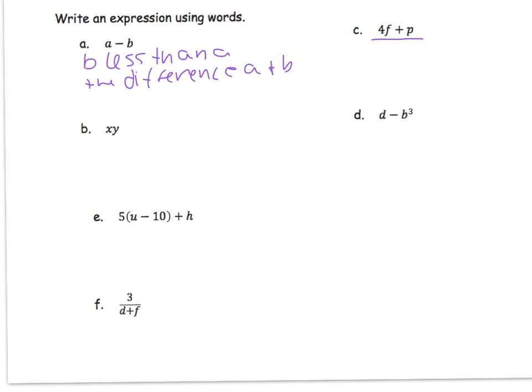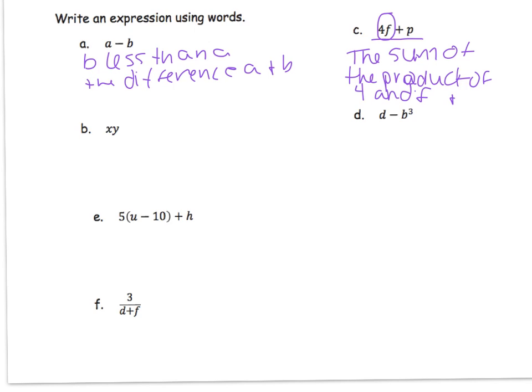This one, we have to remember that this is happening, but it's the sum. So the sum of the product of 4 and F and P. But that is very, very wordy to me. So while it would technically be correct, I would think you might want to do something like